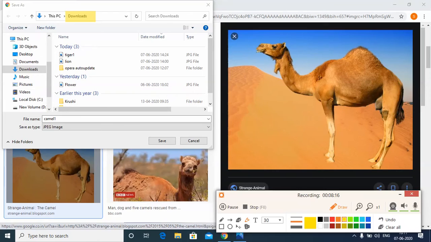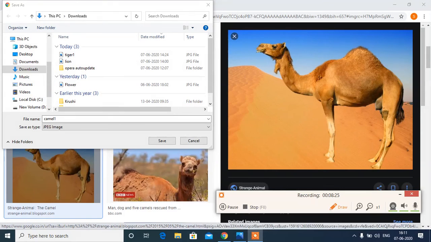Look here, highlighted folder. Okay, so now we will save the image. I name the image camel1 and just click on the save button.